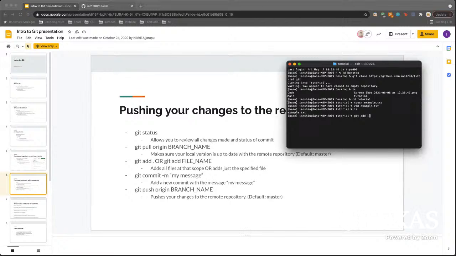So you do git add and then the dot, which specifies every file at this scope or at this level of the subdirectory is going to be added to the next commit. So you do git add and then the dot, call git commit the message, and then